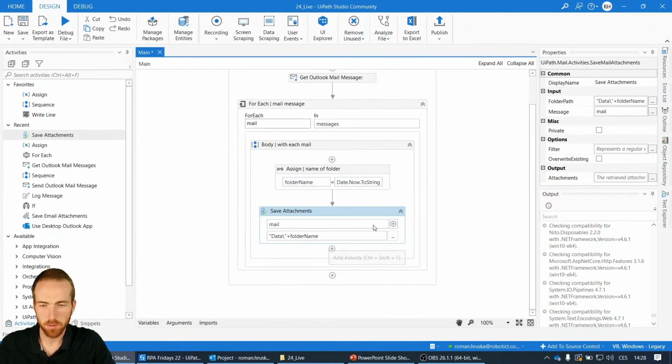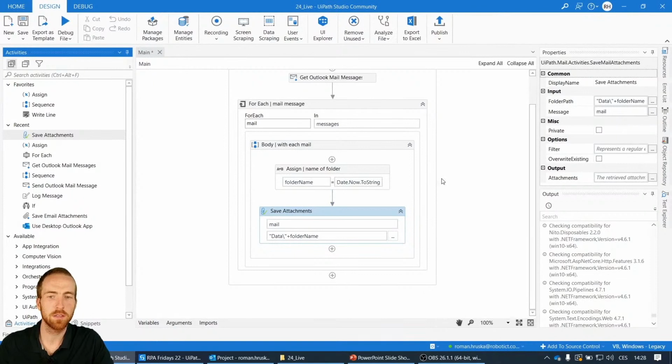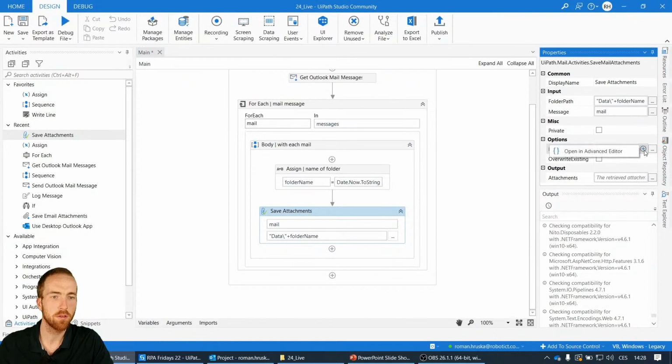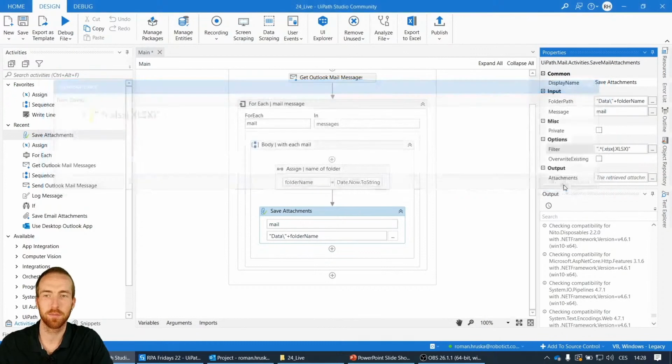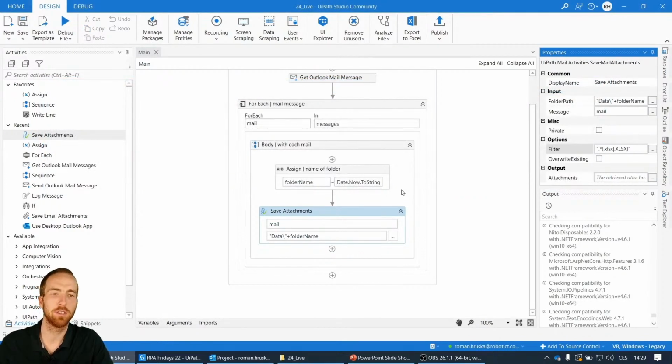And I also want to perform some filter. To filter the attachments, if I want to save just some, I'm using this filter option, and it tells me that it represents a regular expression that is verified against attachment file names to be saved. So a regular expression, right? So I need to do this, and a little trick, let's see this. Using this trick, I'm getting anything with the ending extension .xlsx with small letters or big letters. It's pretty simple. So this should only give me Excel sheets from the email,